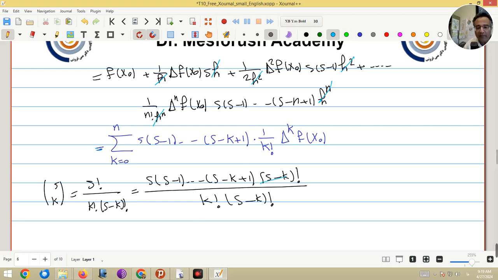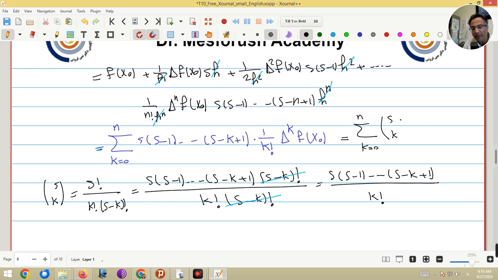If you cancel this term with this term, it will be s times s minus 1 up to s minus k plus 1 over k factorial, and this appears exactly here. Okay, so I can write it equal to the sum over k equal to 0 to n of s choose k delta k